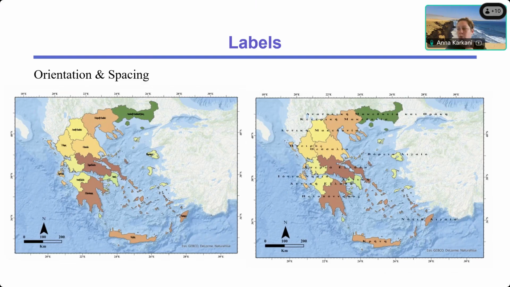Sometimes you might also have to ask GIS to draw a little line to connect your label with the area that you're trying to show, because it doesn't fit where you want it. So